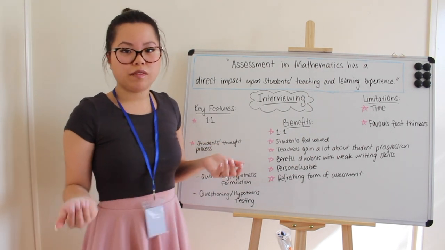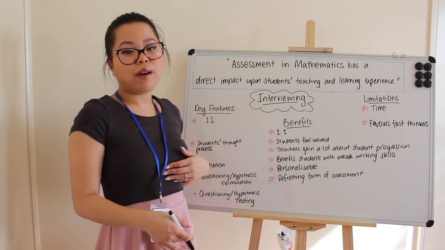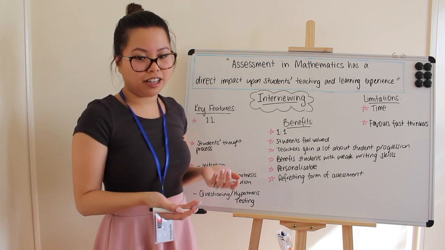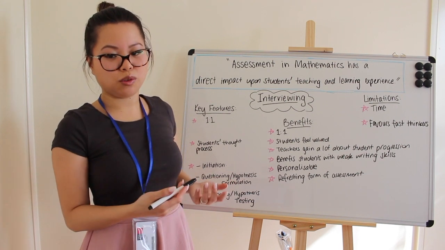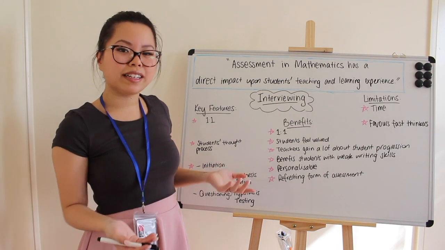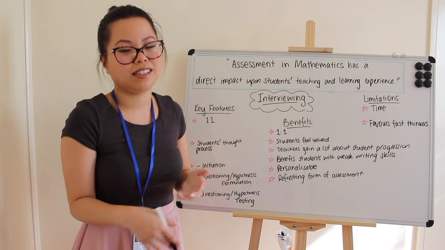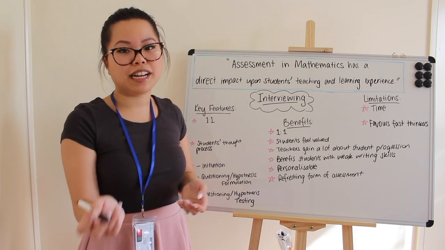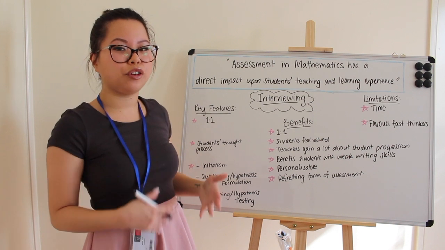One type of formative assessment within mathematics is interviewing. It's one-on-one, allowing the teacher to provide their undivided attention as the child provides their responses. Students who have weaker writing skills have a different platform to demonstrate their knowledge and understanding. Finally, the interviewing strategy provides teachers with a more refreshing way to assess students rather than the standard marking of papers. So this is a really good way to interview students and really get to know them at the same time.